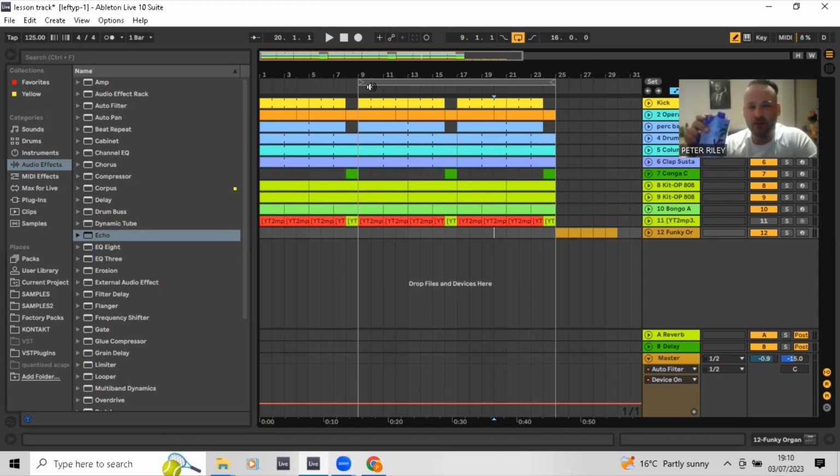So when you're starting with a simple loop there of 8 bars with a repetitive bass line, repetitive drum beat, and you don't know what to add next or where to go from there, try and create a breakdown, and that will force you to either add, take away, or bring new elements in. So,